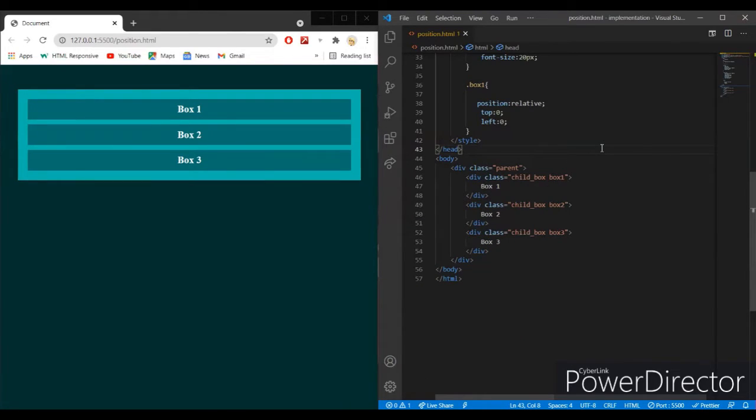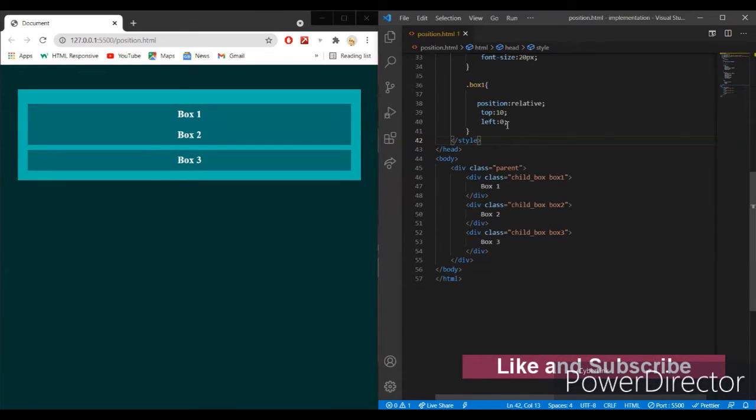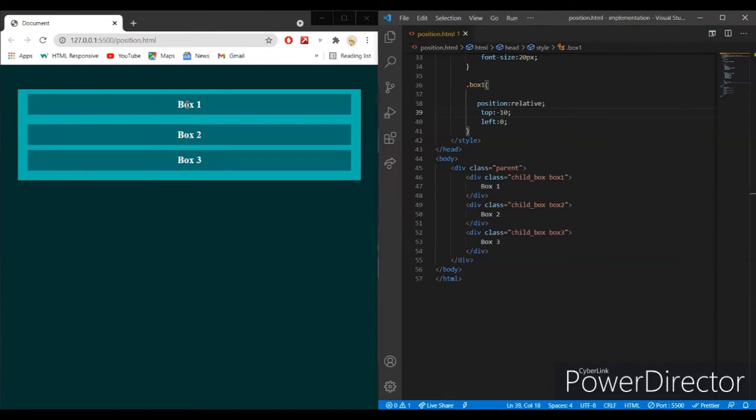When you use the relative position method, the element will be positioned relative to its normal position. Now the properties top and left have 0 units, so the element will be in the same position. When you change the top length to 10 units, it goes down 10 units from its normal position. And you can also give negative values for the top property. When you give a negative value, it moves up. When you do that, here you can see the box element is moved 10 units above.